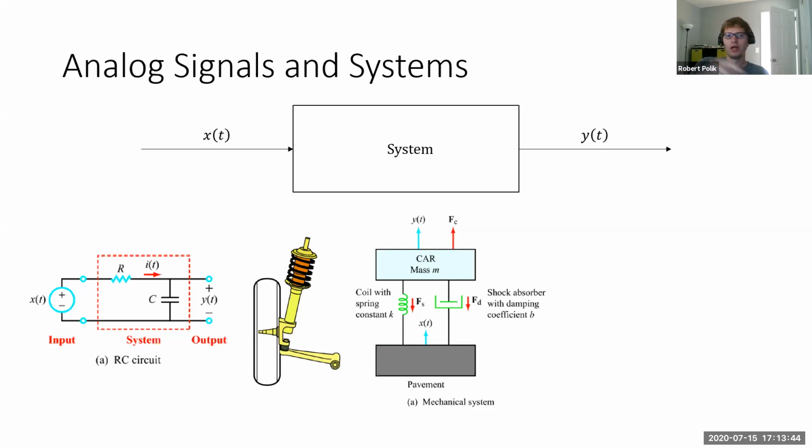passengers won't like that. If you have a spring with no shock absorber, you'll hit the bump and it'll cushion your blow, but then you'll keep bouncing up and down and up and down. But if you properly damp it, you can really cushion the blow without bouncing around like crazy. And so that's an intro to differential equations question that they'll ask you, is how can you make this properly